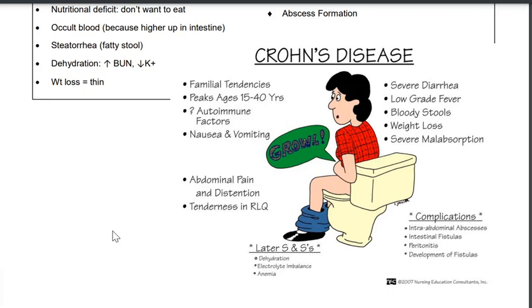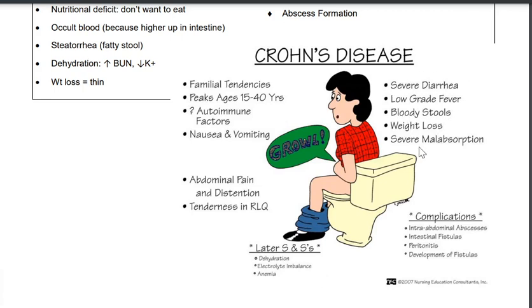So here's the thing. Say you go to your general doctor and you're just getting a yearly checkup, and they run some labs and they say, ooh, your hemoglobin and hematocrit are low. What doctor would they send you to? They're going to send you to a GI doctor because you have a bleed somewhere and you may not know it. So usually it will show up as low hemoglobin and hematocrit, some anemia in the patient, severe diarrhea, low-grade fever,